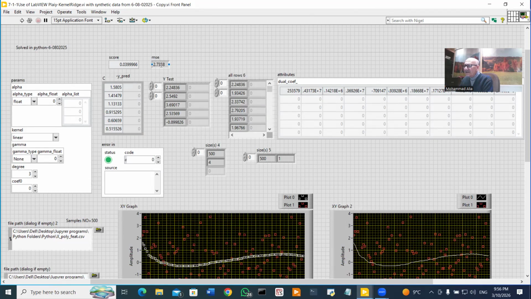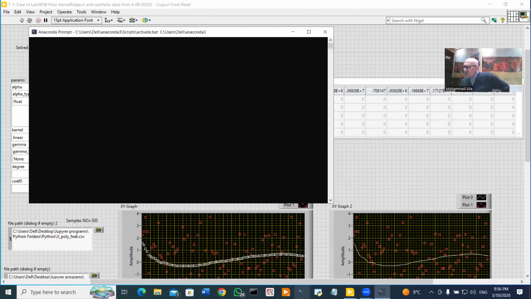So why does this happen? This is because the data set which we have in the Python example has given us the same results as we have here. And this is for many reasons, but not because of the algorithm. We are using the ridge algorithm here as we did before. Let me show you and remind you again with it quickly. So if I go back to LabVIEW, sorry, to Python,